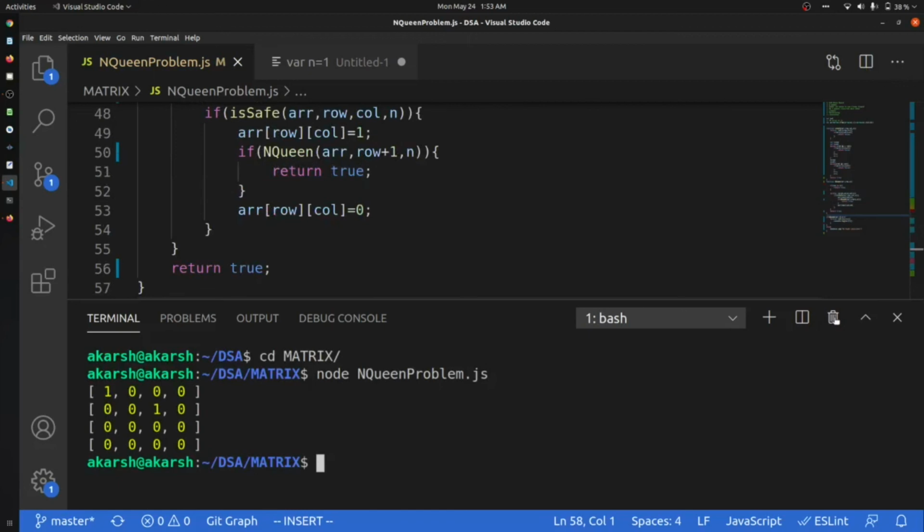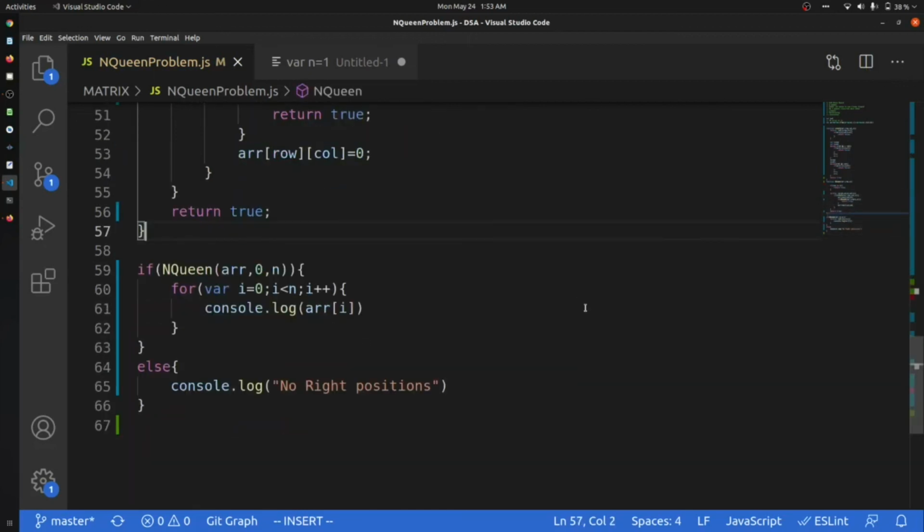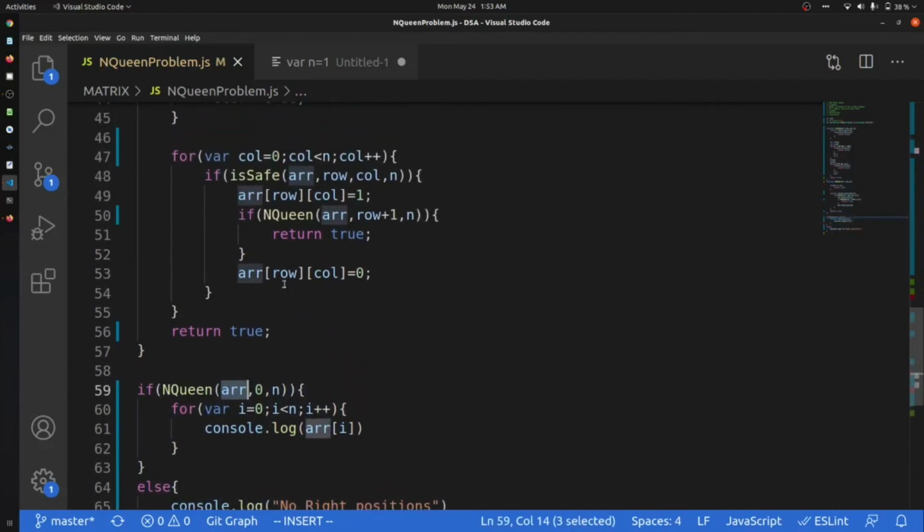This is not the right answer. So let us check what has gone wrong. We have nQueens and we have an array. We have passed the array to nQueens, and that's good.